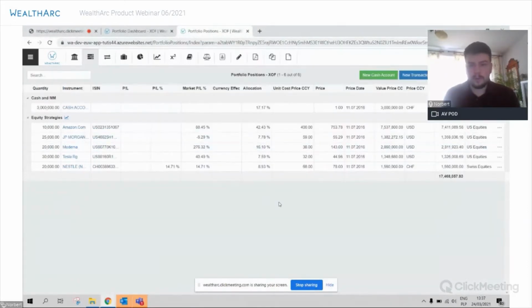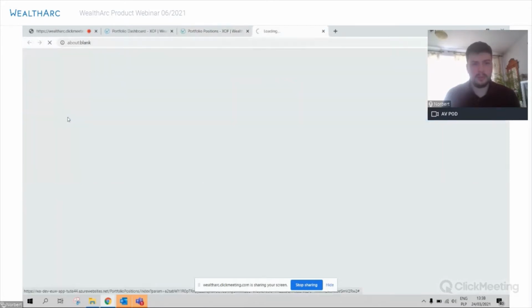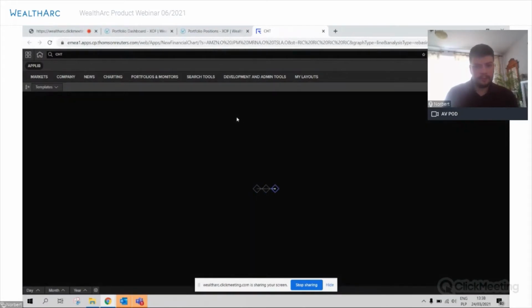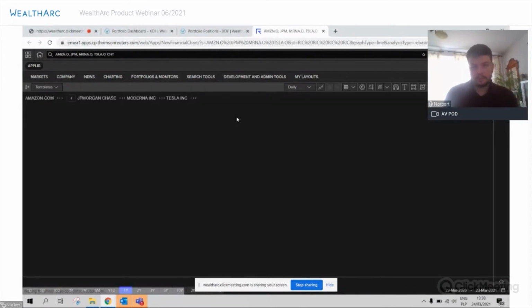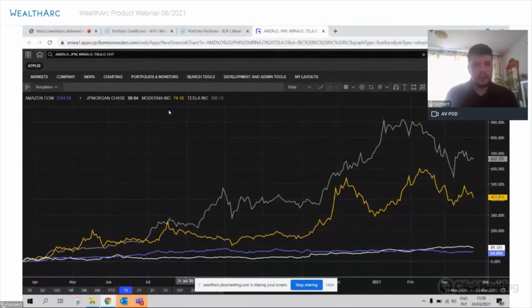Like, for example, price history, or even some of the ESG ratings. And finally, one of the, in our opinion, quite interesting features is that based on those positions that we have already recorded, we can also group them into a single chart that would be presented. So here I see a grouped chart out of all positions that I had selected previously, and can see the baseline and the returns that those instruments provided me for the last year.